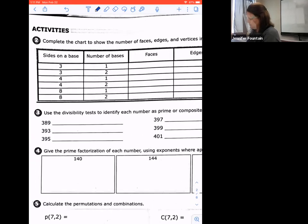Page 198 activity. So now, sides on the number. First one: if I have 3 sides on a base and only have one base, what kind of figure am I talking about? Is it going to be a prism or a pyramid? It's one base, so it's going to be a pyramid, right? Okay. So when I've got a pyramid,